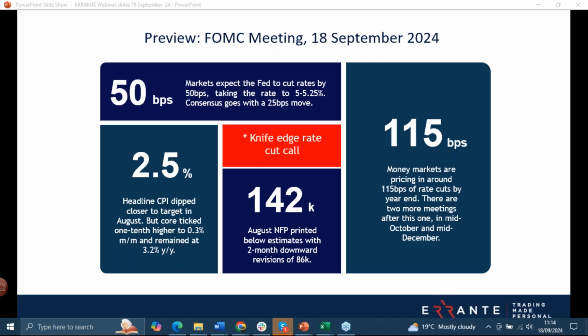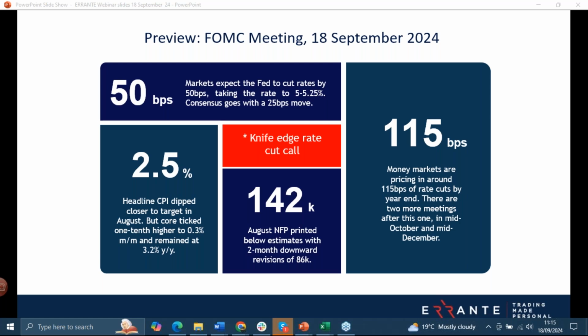That all follows Chair Powell's speech at Jackson Hole, where he basically noted they will not tolerate further weakness in the labor markets. Investors then focused on employment-related data, and the size of rate cut bets were really on any signs of softness. We got the August non-farm payroll report, which wasn't as weak as expected. Unemployment declined slightly. We got the 142,000 headline print, and we had big downward revisions, but many were thinking that it would print just above 100,000.